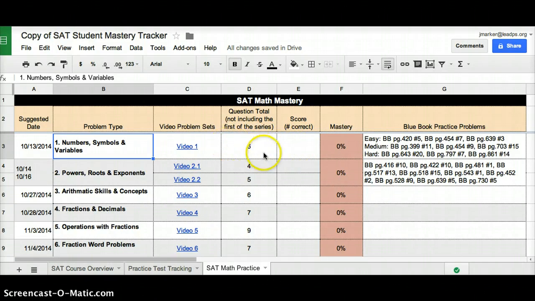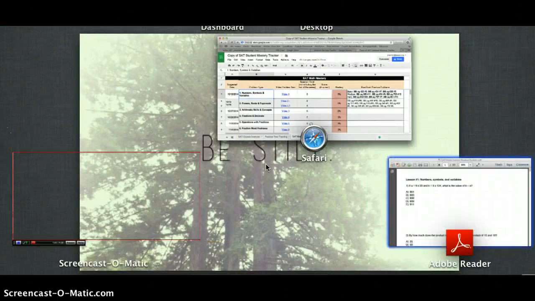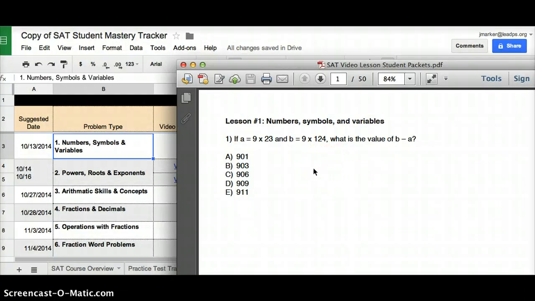Okay, so let's look at one detail that's going to be really important, and then I'll walk you through how to do this on the videos. Something that you're going to notice is for the first set of problems for every problem type, so in this case numbers, symbols, and variables, if I actually look at my student work packet and look at how many questions